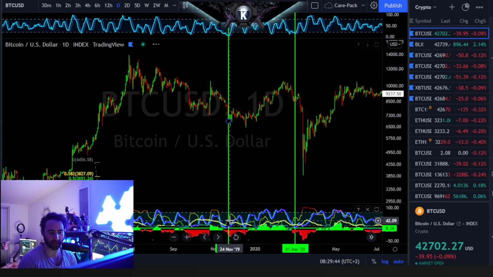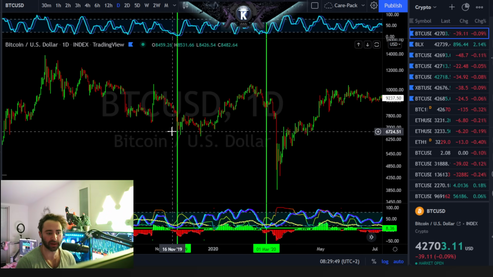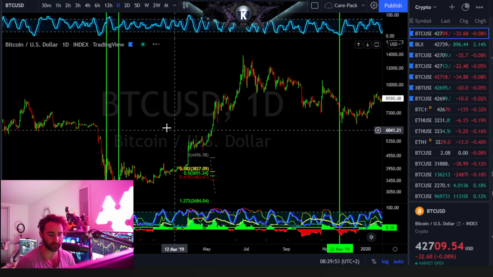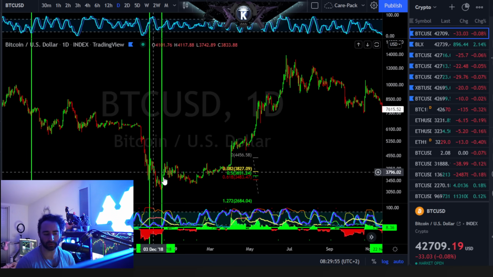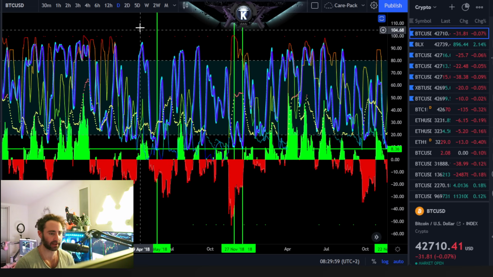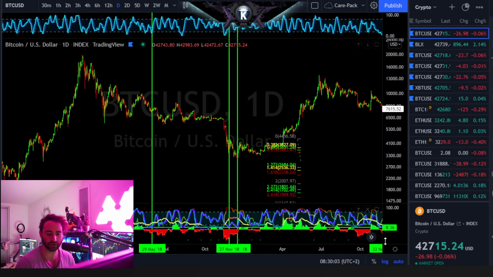The time before that was coming off of, I don't believe this one actually does count. Oh no, it does count. Okay, so that actually was right. It was coming off this low before about a 65% rally. Again, doesn't look like much on log scale, but it certainly was. The two times before that were, of course, coming off of this major macro low right here. And again, a few more failed rallies, but decent rallies that we saw back over in 2018 as well.